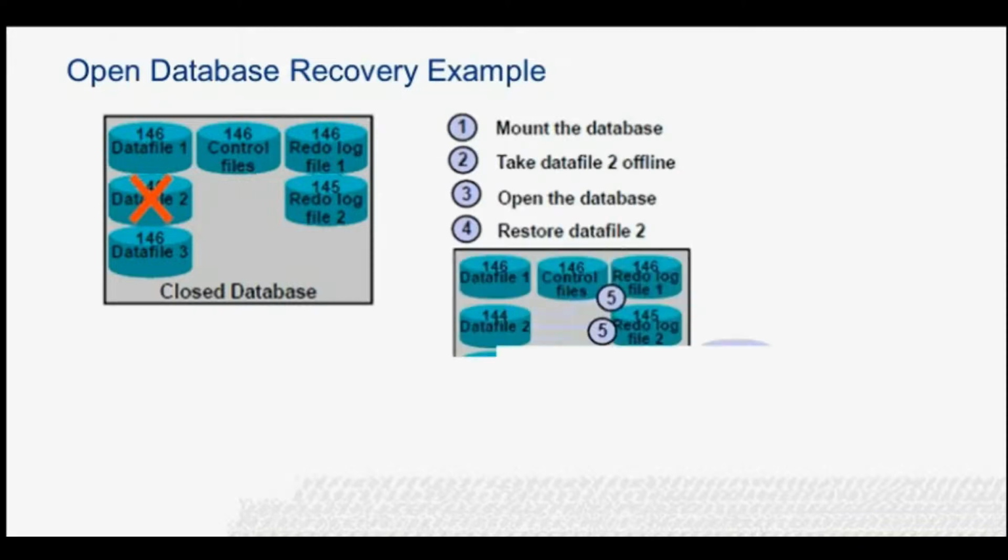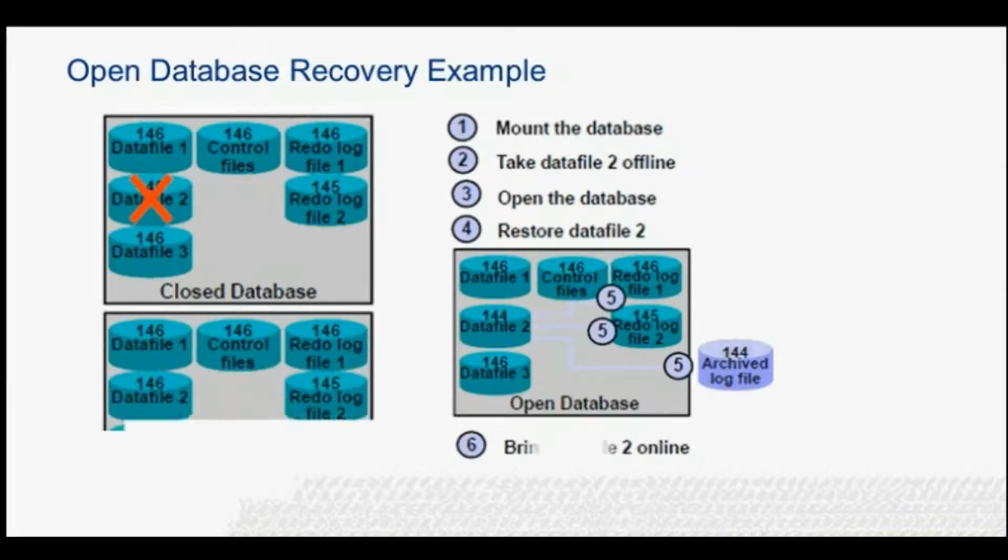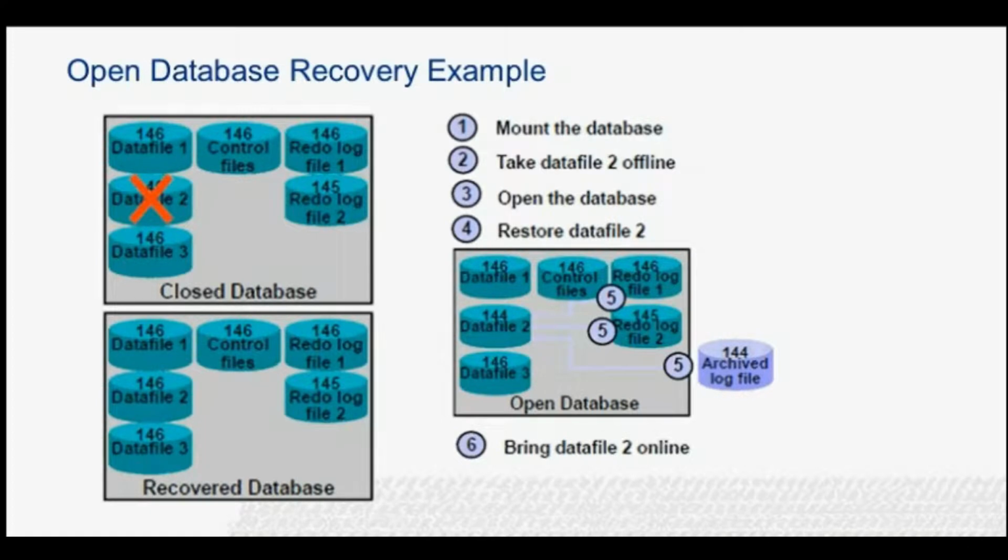We have just determined that the media failure was due to a failed disk controller which contains only disk 2. From our familiarity with the database, we know data file 2 is not a system or rollback segment data file, nor will its unavailability prevent users from running their end of month reports. So the first step is to mount the database. It will not open because data file 2 cannot be opened.